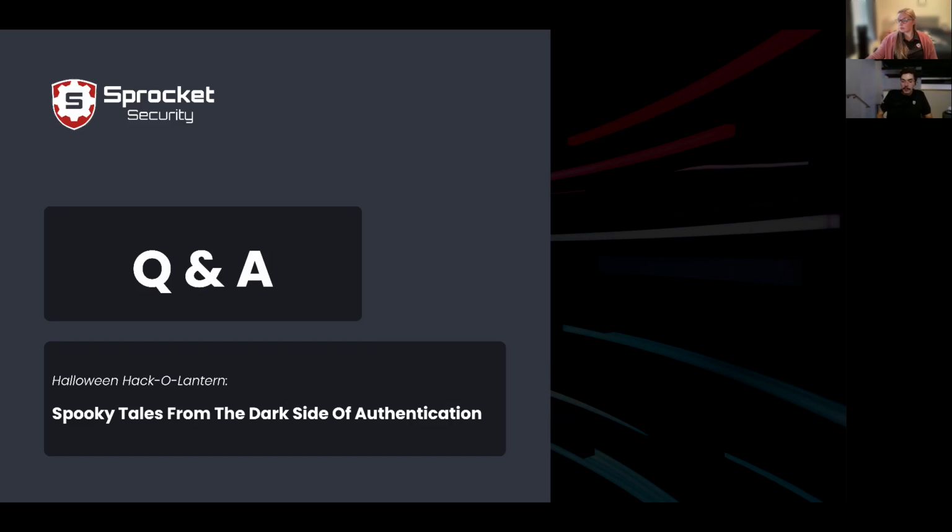SIM swapping, for the most part nowadays, from what I understand, to actually intercept that code really does hinge on the ability to get physical access to the tablets that the cellular carrier's managers use in branch locations. So what they're doing to actually do these SIM swaps is going into these branch locations, stealing the tablet, and they get about 15 minutes to do SIM swaps.